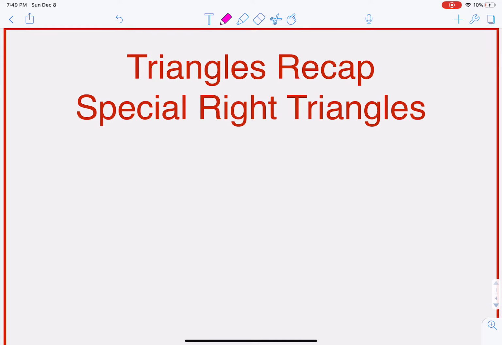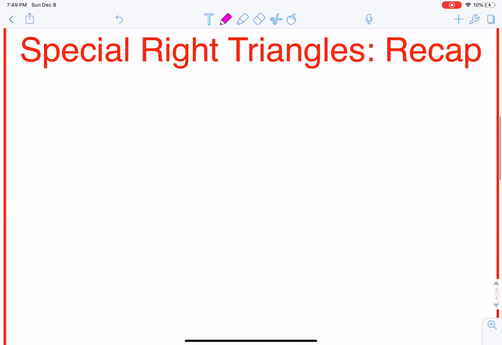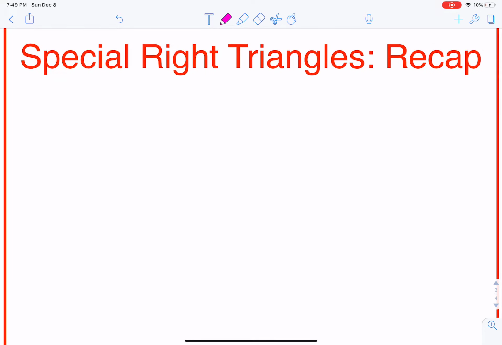So we're just going to spend a little bit of time this week recapping special right triangles and working with right triangles in general before we get into our trig functions. I think it will build a really nice base for what we will be doing in the following weeks to come. So when we talk about special right triangles, let's start with a right triangle here